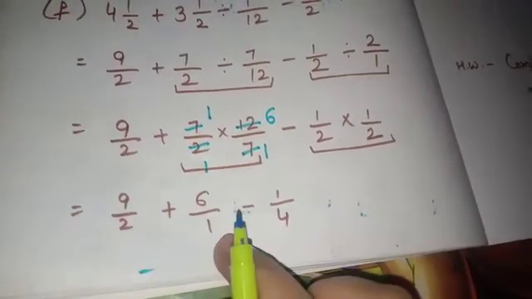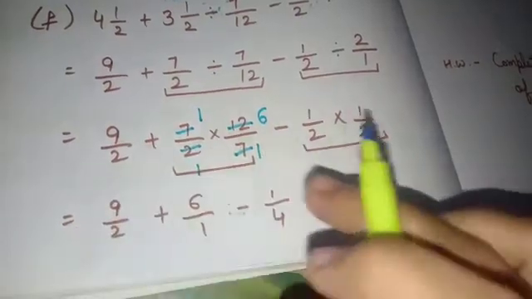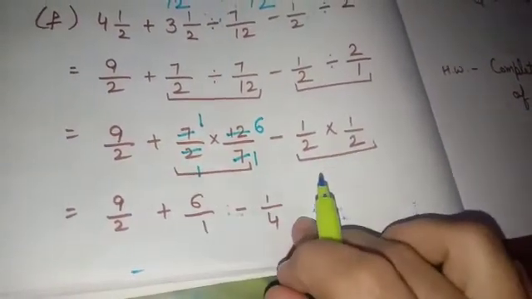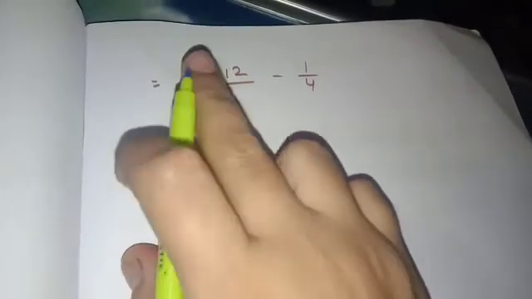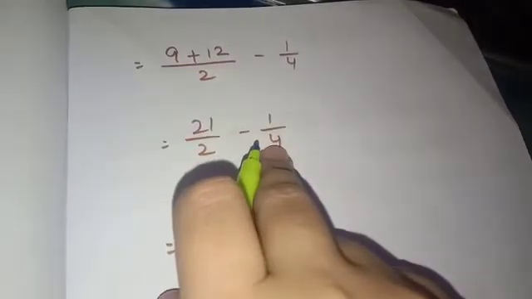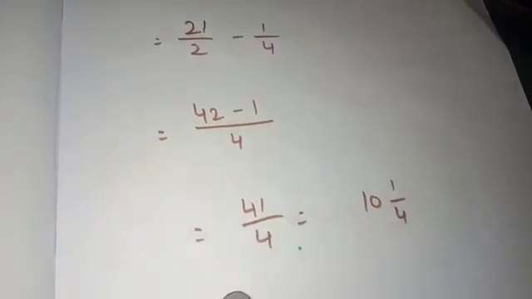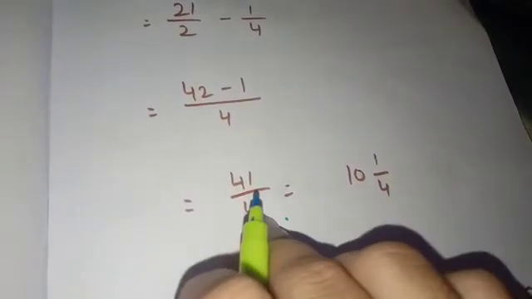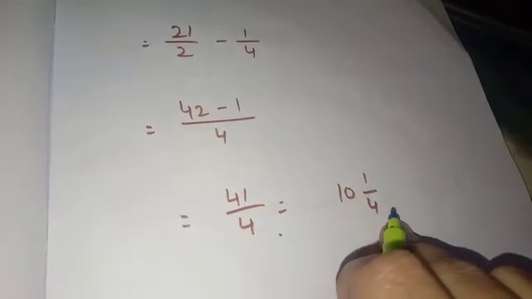Now firstly this addition will be solved and then the answer will minus 1 by 4. Okay, so to solve the addition, take the LCM of 1 and 2, that is 2. Then numerators, then we will get 21 by 2 minus 1 by 4. Then LCM, then subtraction. Finally, we will get 41 by 4 and then into mixed fraction, then 1 by 4